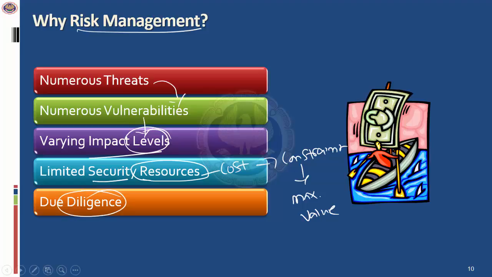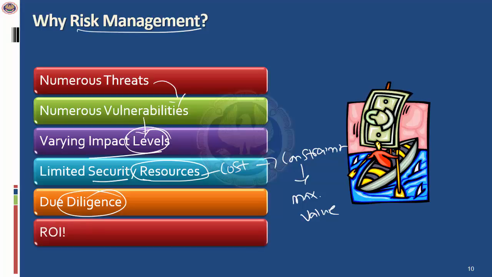In many organizations, there is a regulatory requirement to protect the data. For example, the privacy regulations require critical industries or any organization which is collecting sensitive personal data or information to protect the privacy. And this is mandated by law. You also need to have due diligence and audit from an independent agency to confirm whether you're adhering to this. So there is also a return on investment, because if you want to be sure that you are able to get a return on the investment, you need to have an effective system of risk management.